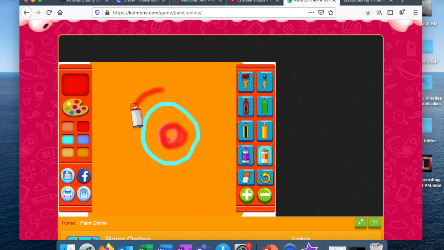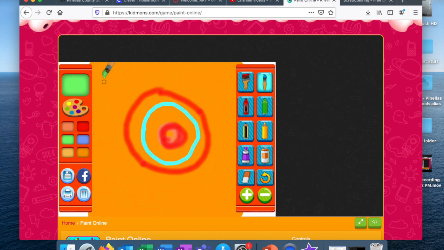We could also think about different types of lines to use. Maybe we could use zigzag lines, dotted lines, curvy lines, wavy lines, and just explore different ways to use them